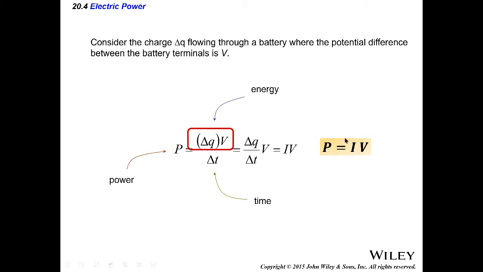All right. So the key formula for this concept of electric power, now that we have V equal to IR,